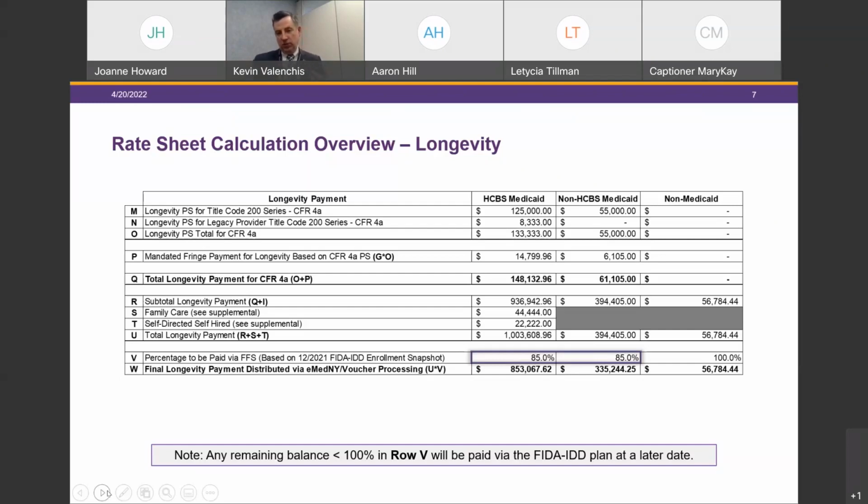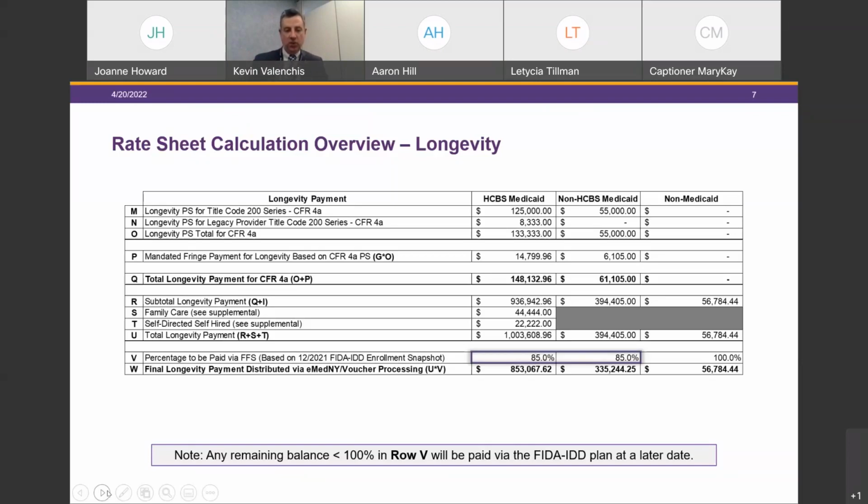So, we're working through those timelines and processes with the health department, and we'll be updating through the PA and through our website when we're getting prepped and able to start to make the payments through the FIDA plan and when the other survey-based payments go out the door. So, nothing tomorrow is going to come through the FIDA plan to make you whole on this, just to be clear, right? The sense of timing that we have would be ideally this quarter of the calendar year, but there may be impacts to that timeline. So just hold tight.